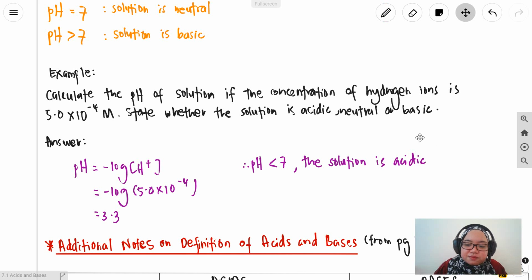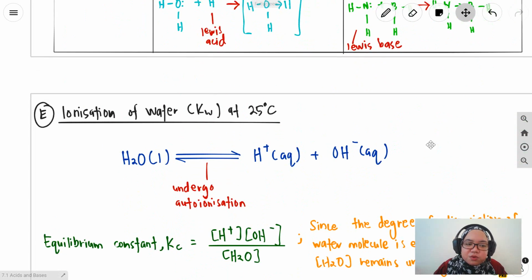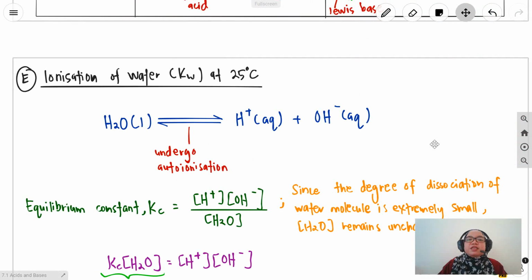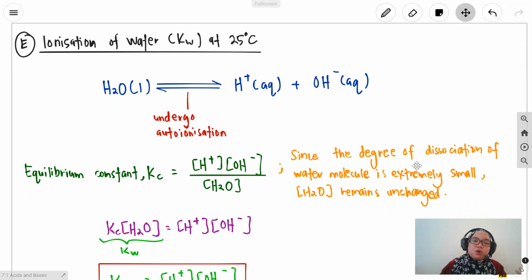Alright. So these are the notes from before. Okay, so now we're going to look at the ionization of water at 25 degrees Celsius, or the ionic product of water, Kw. Okay, so we know that water can act as an acid and a base, right? So it can undergo auto-ionization, which is from water it can form hydrogen ion H plus and hydroxide ion